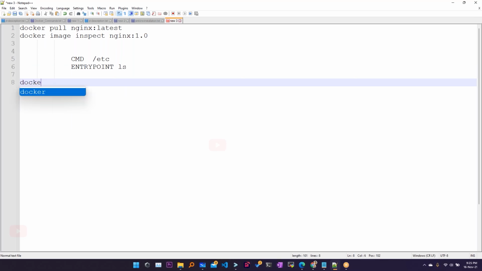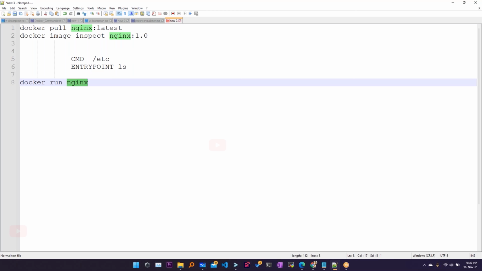Then we use the docker run command to spin a container out of the image. Using docker run, let's say an nginx image, your nginx container will be started, but with some random name. If you want to give a name to a container, what is the option that you're going to use? What's the question, guys? I'm saying if you use docker run nginx, it will start the nginx container out of this nginx image.